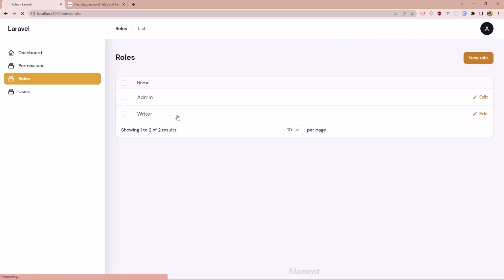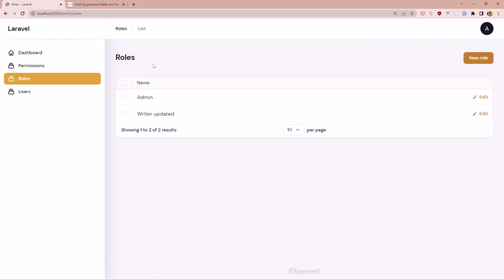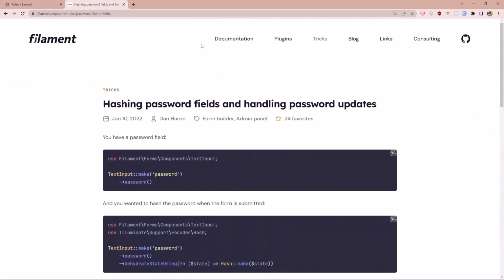And also when we update, so let's update this. Let's say updated, save changes. If you don't like to stay here and to see this notification, you can change. So we can redirect to the index and also change that notification. Now for the notification, we can go to the documentation here